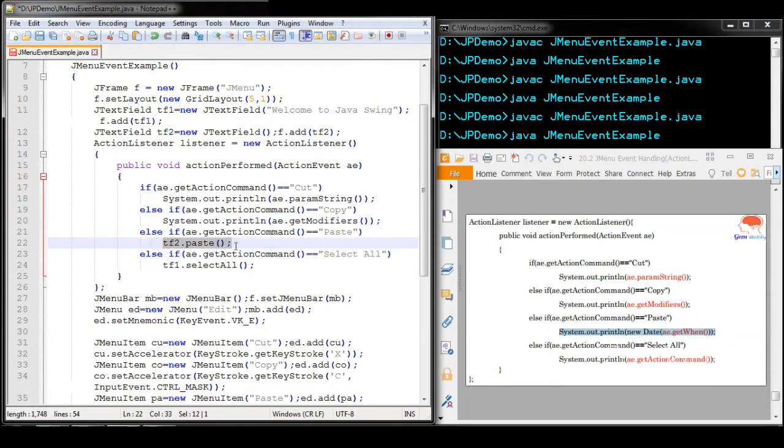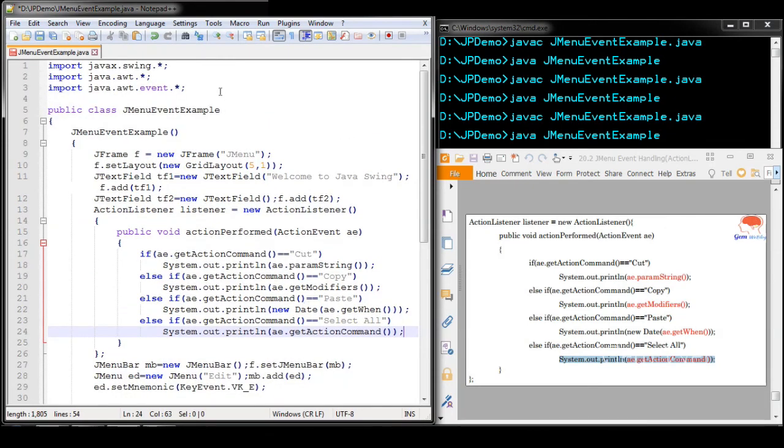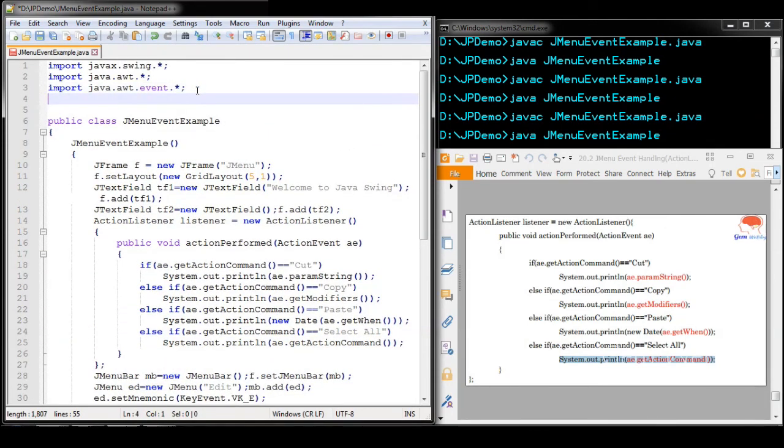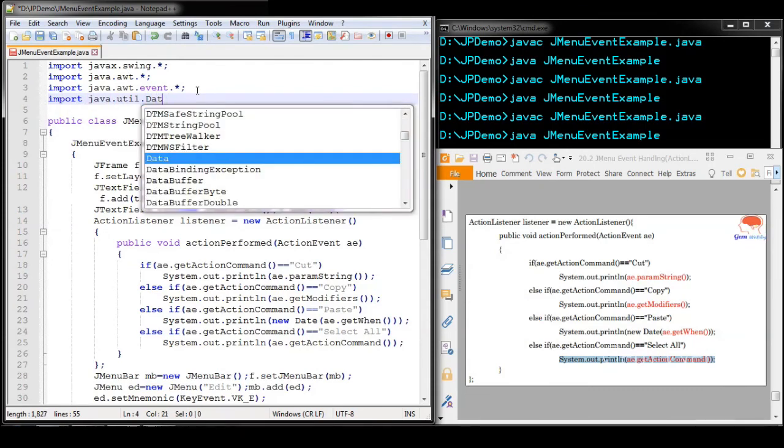If you want to display in the date format, you have to use the new Date class, which will convert your values into date format. And getActionCommand, which command has been activated, that command will be retrieved back. Whenever you are using the Date class, you have to import the java.util.Date class.